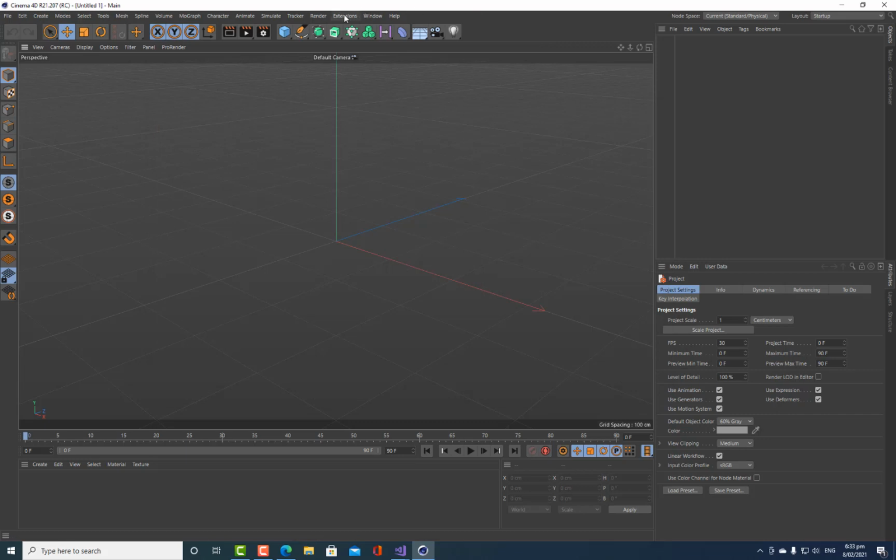So if I come up under extensions, you'll see down here my first command, because by default it's going to add any new plugins that you create, which are commands at least, to this extensions menu. So if I click this, it should make a cube. And interestingly enough, there's an example which does what we're doing as well, called make a cube. So my first command,